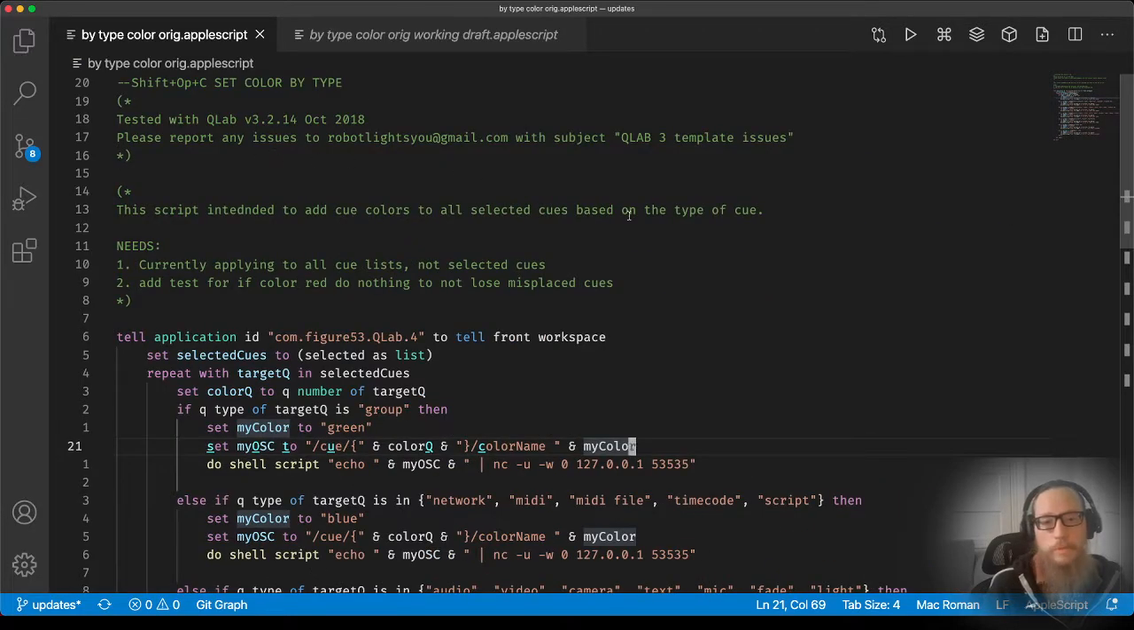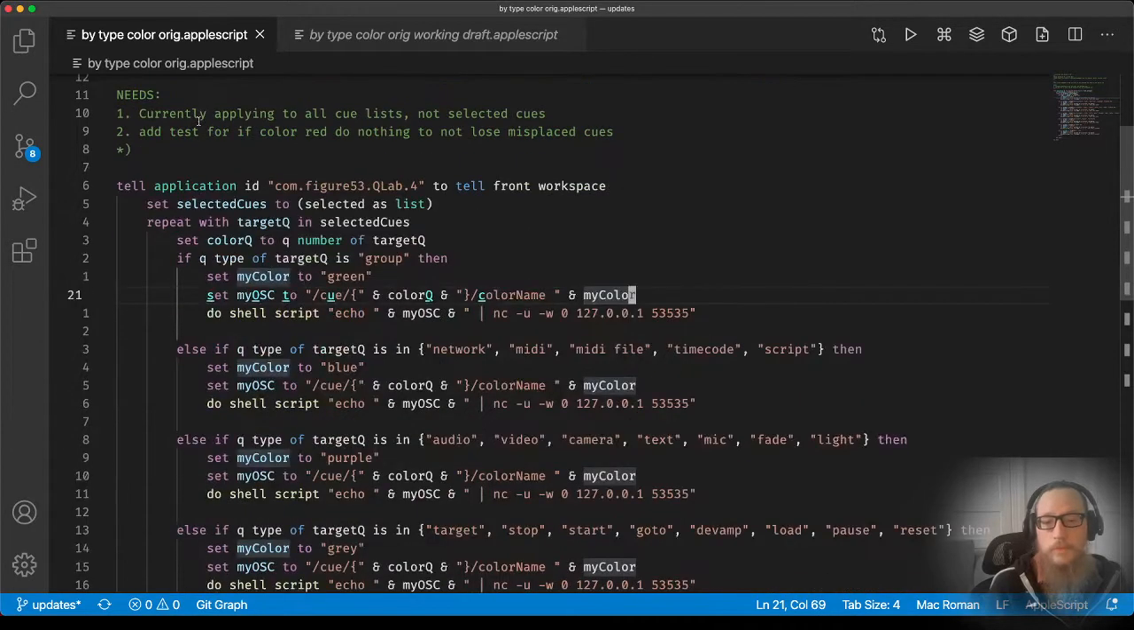So once again, we see October 2018. This is a recurring theme with me. This was the last time I did a big overhaul of my template. And the way this one works, we've got our tell application id QLab 4. I can read. We'll see this in pretty much all of my scripts. As I mentioned in another video, I recommend always starting your QLab scripts with this to save yourself from breaking